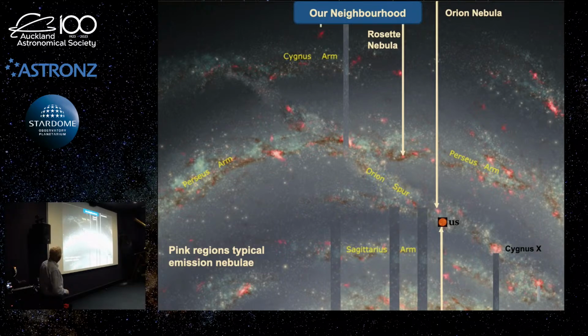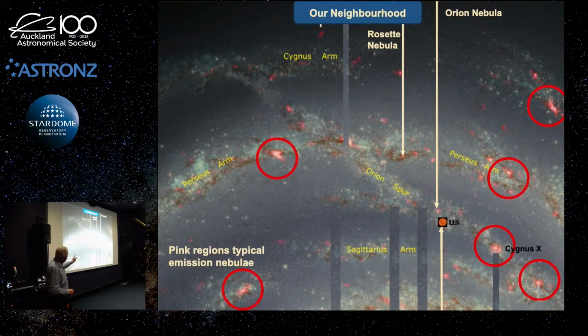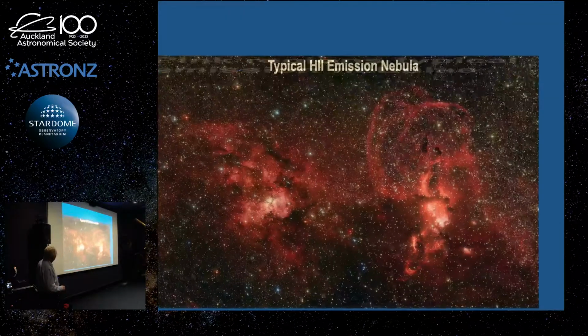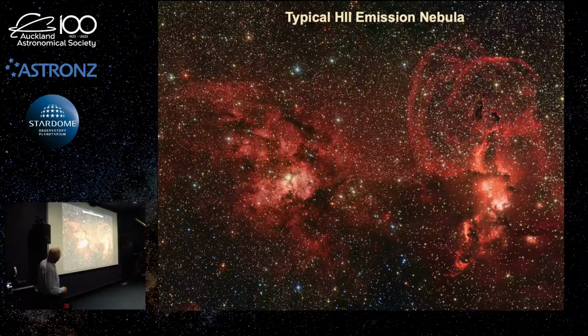Those pink regions, let's just circle a few of them here, are very typical of what we call emission nebulae. I'm sure you've all seen photographs, or rather images, artists' impressions like this, and you think, what are all those pink areas referring to? They're referring to what we call emission nebulae. So let's go and have a closer look at that. And that's really a typical close-up image of what we call an H2, or ionized hydrogen, emission